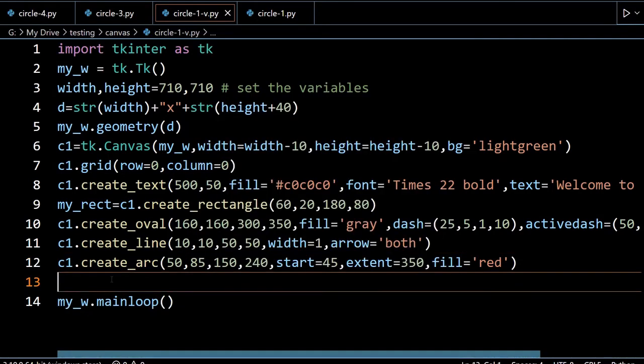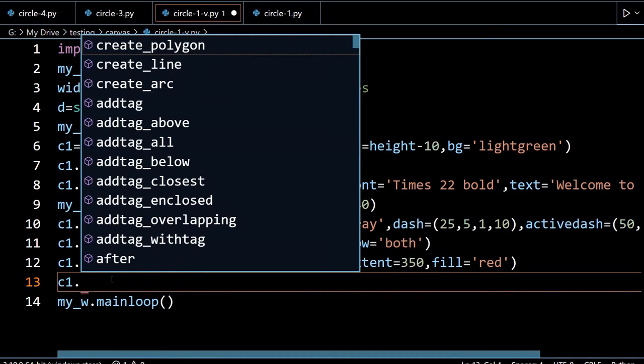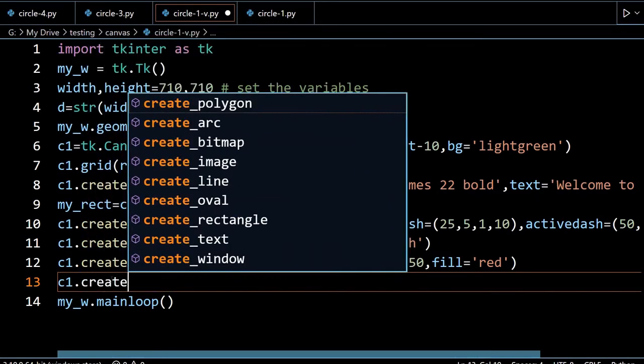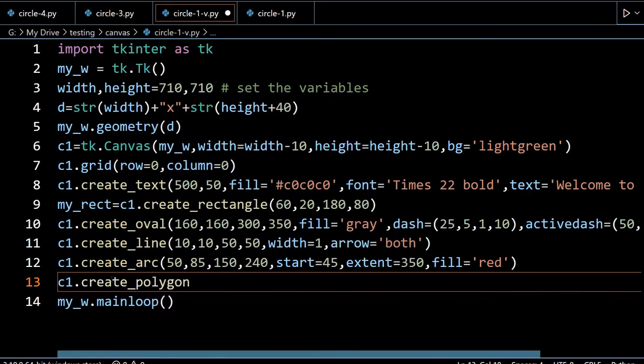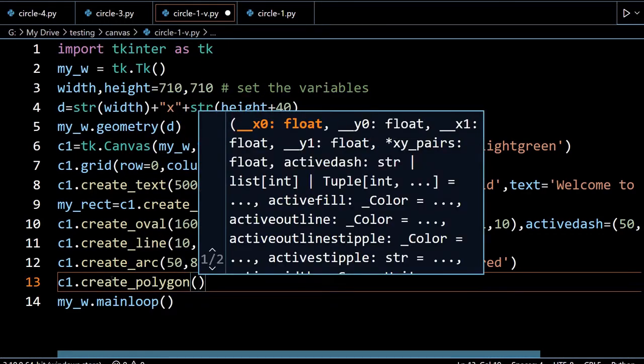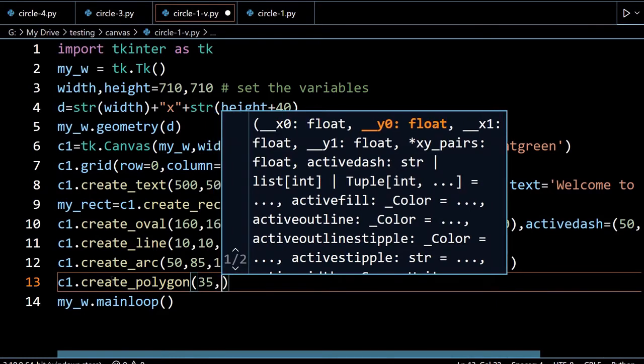We'll start with polygon. This will be helpful when we want to create different shapes of our own style. So let's create a polygon. Okay, fine, here it is. Now polygon requires pairs of points where the lines will be drawn. So x1 y1, x2 y2, x3 y3, like that you have to go. Let's start with 35 and now 350.